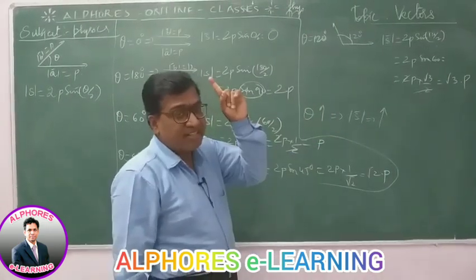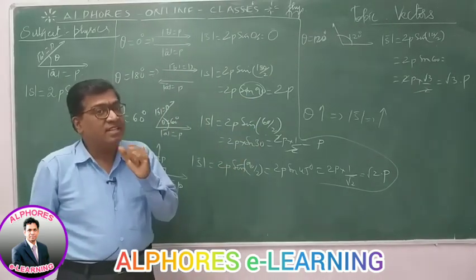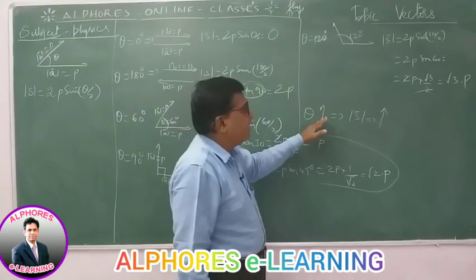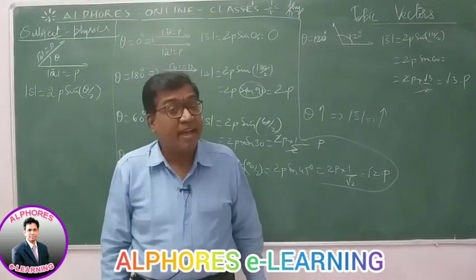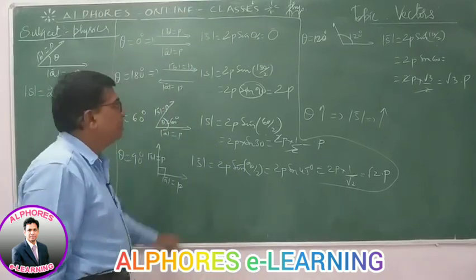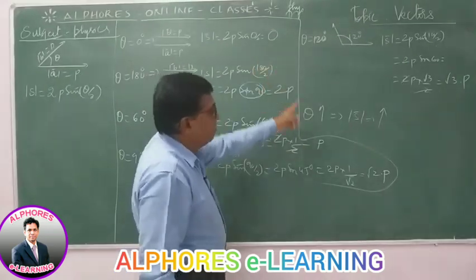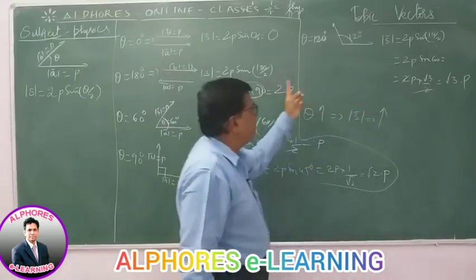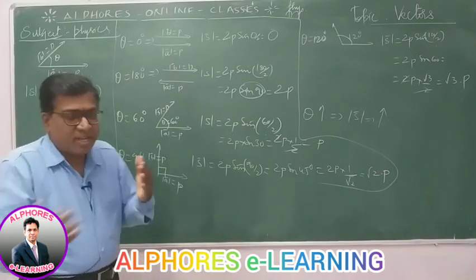But you know, the addition resultant R was decreasing. Subtraction resultant and addition resultant vary inversely. As the angle between the vectors increases, the magnitude of the subtraction resultant increases. You see, for 0 it is 0, for 60 it is 1. It is 0p, 1p, root 2p, root 3p and root 4p. As the angle is increasing, the value is also increasing. Please compare and contrast.